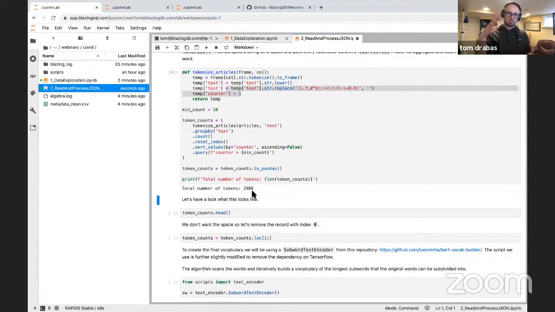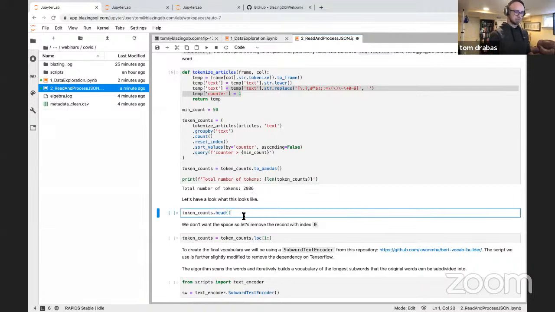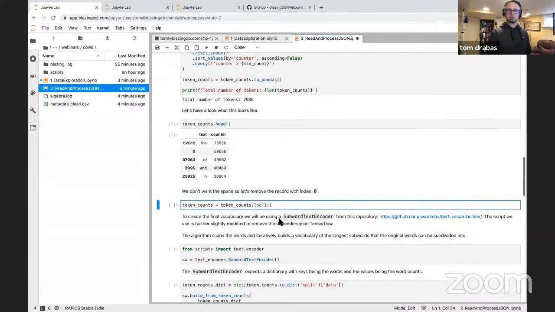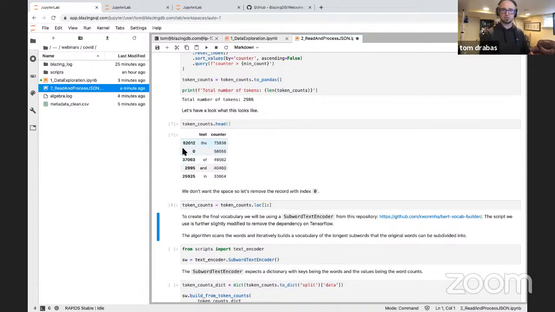So from these 300 papers and roughly 12,000 paragraphs, we can condense this to a list of 3,000 words and count how many times they appear in the corpus. So we have the word "the" occurring 74,000 times, followed by the words "of," "on," and "in." This is just the head of that file. We also have this empty character, so we're just going to remove that 0th